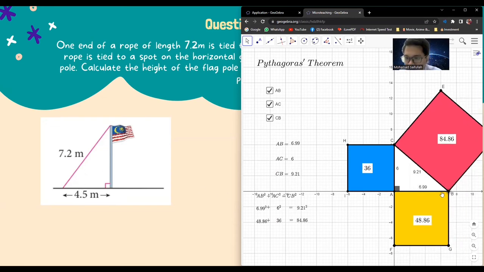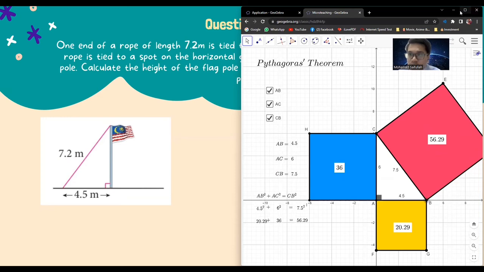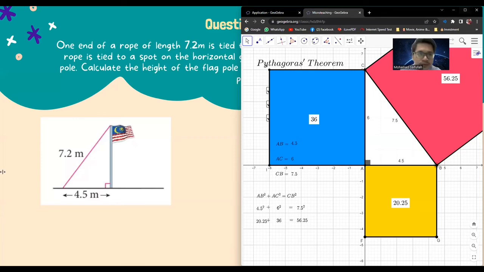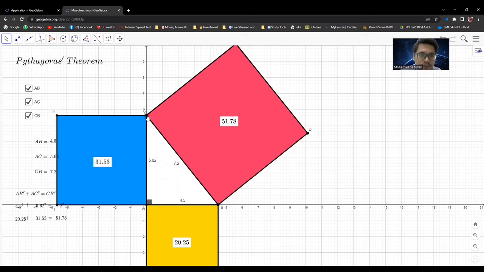So just move this one to 4.5, and then the hypotenuse will be 7.2. So you just need to adjust 7.2, and you already know the answer, right? So the answer will be